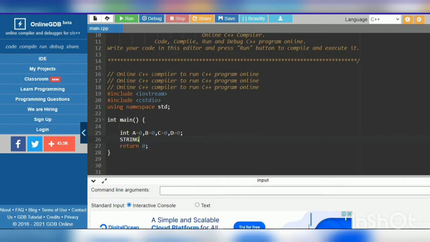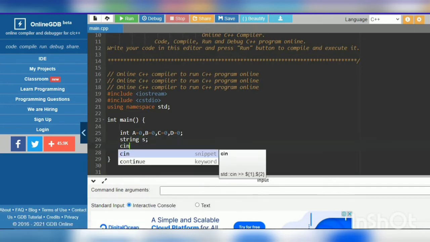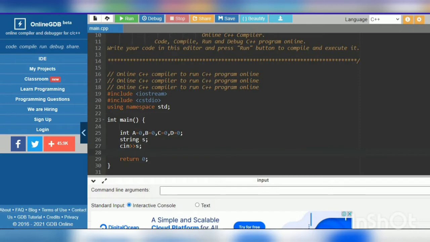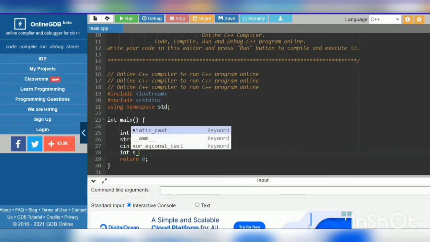Then we will input the string. Then we will first of all calculate our string length.